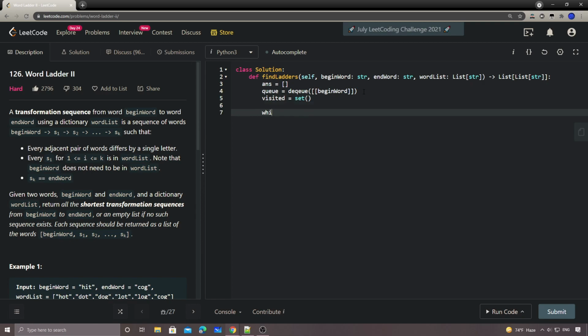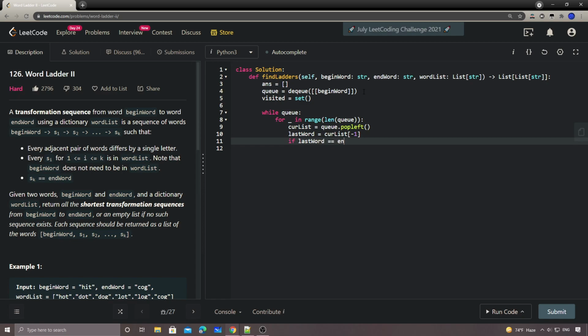And then the BFS template. While the queue is not empty, for this one, in range of the length of the queue. Let me try to write the BFS template first. So we have a current list, which is queue dot pop left. And then we have a last word, the list at -1. So if the last word is equal to the end word, then we simply